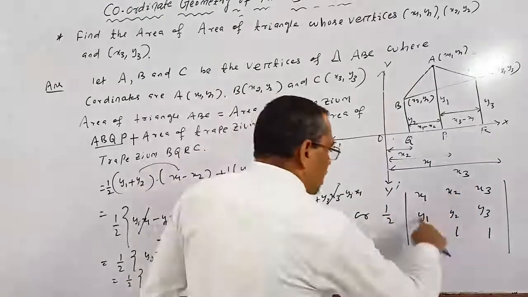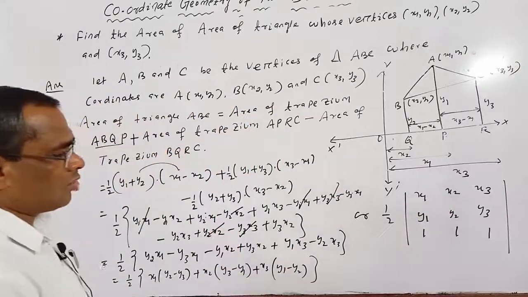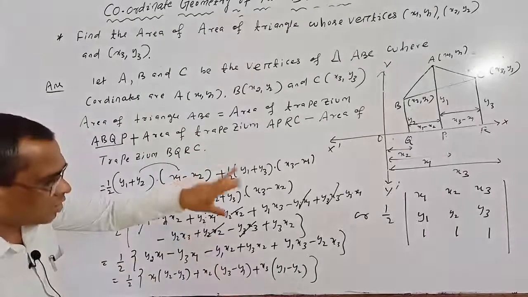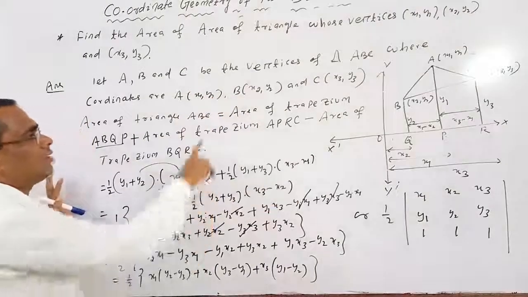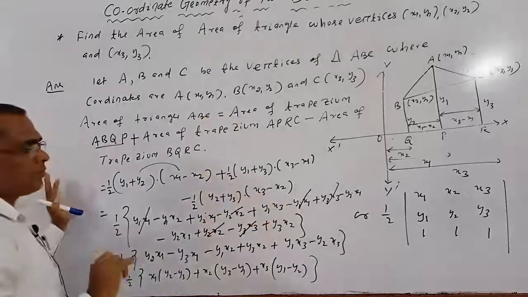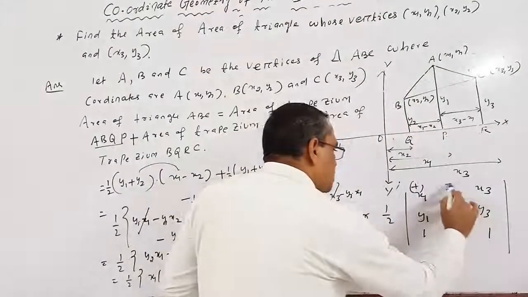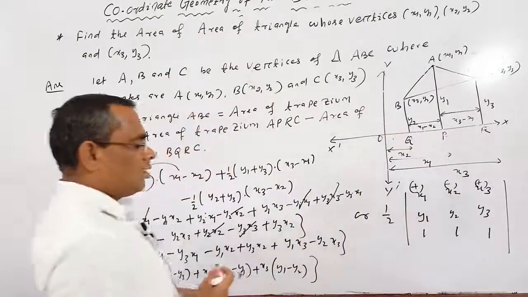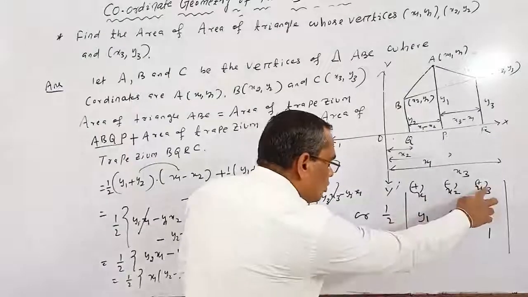The horizontal line is called a row, the vertical line is known as a column. This determinant contains three rows and three columns, so it is a determinant of order 3. So this expression, if we write it in determinant style, the x coordinates of the vertices go in the first row, the y coordinates in the second row, and the other part 1 1 1. Then how to expand it? You can expand by the first row, with signs plus, minus, plus. Okay,